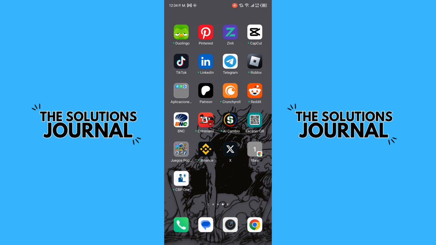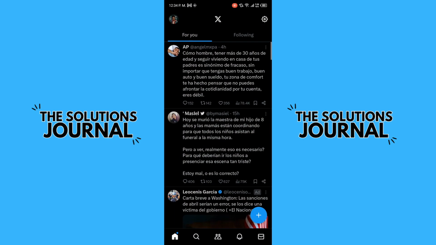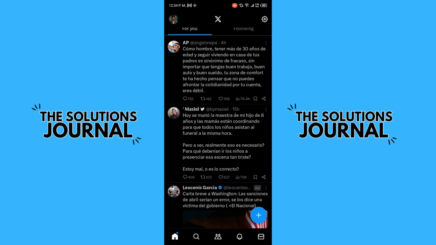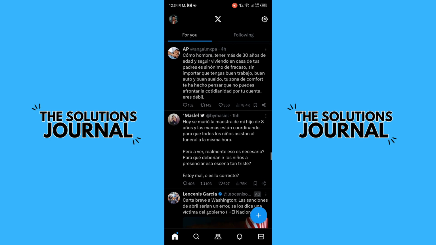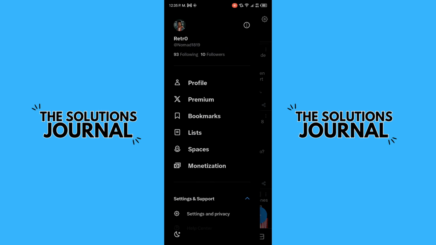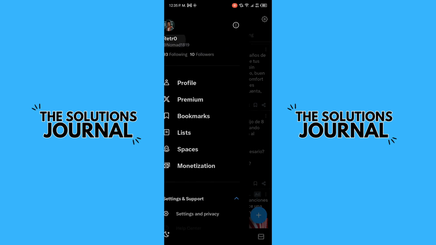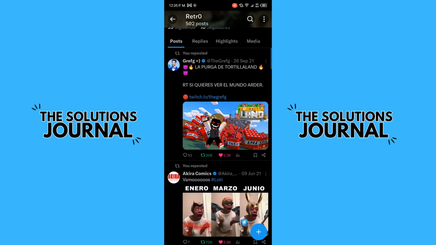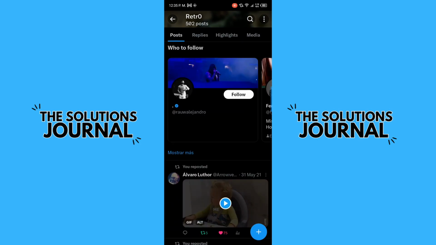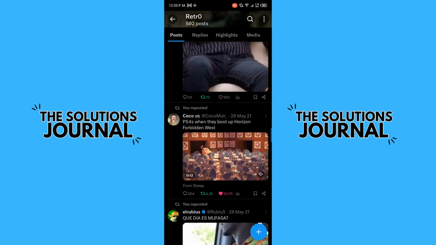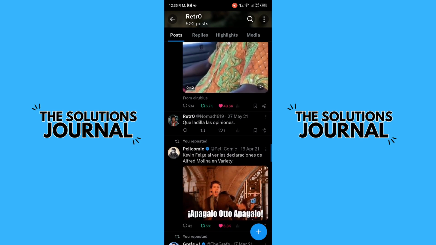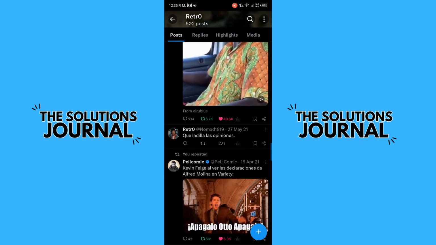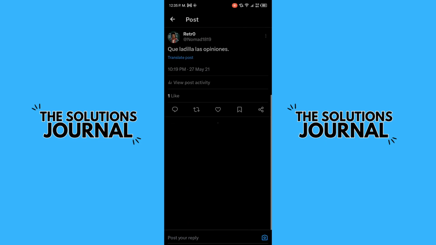So the first step is go to your application of X, and after that you need to go to the superior left corner in this bubble of your profile, and after that you need to pick again here to go to your profile, and you need to find a tweet you got. For example, here you need to pick here in the tweet, and after that you need to go to the